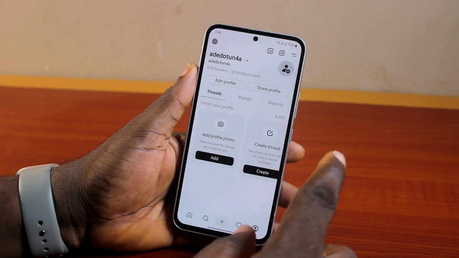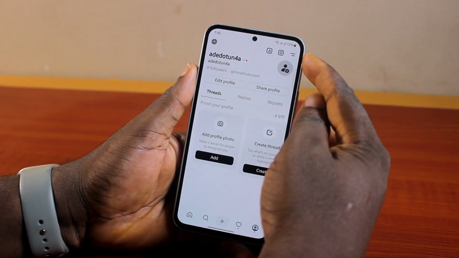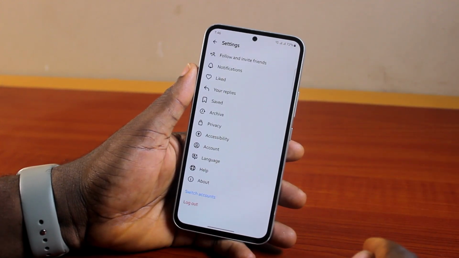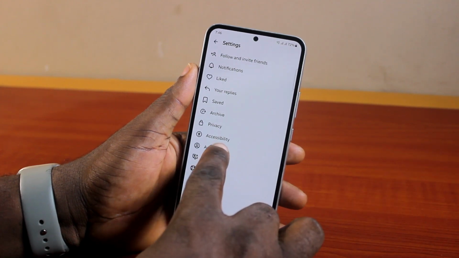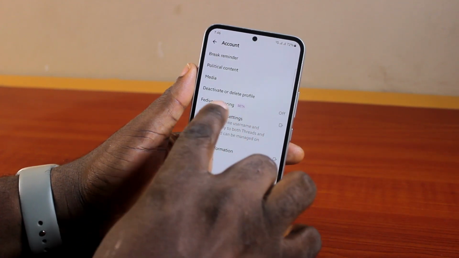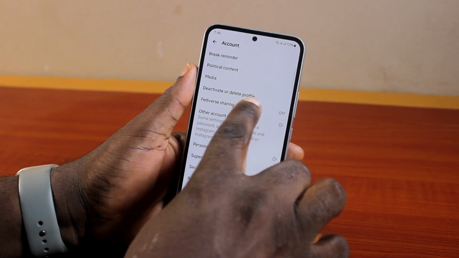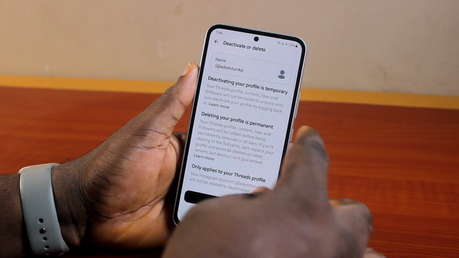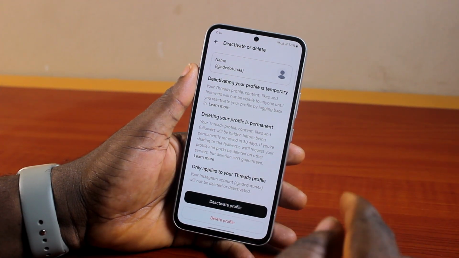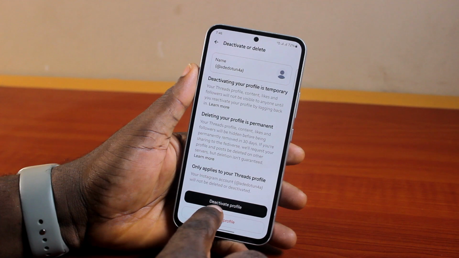Then once you've selected it, go ahead and click on the menu icon at the top right. Then you'll be taken to your Threads account settings. On the settings page, scroll down and click on Account. Once you select Account, it should say Deactivate or delete profile. So click on that. Here you have deactivate your profile, which is temporary, and delete, which is permanent. So if you want to deactivate your Threads account, just go ahead and click on deactivate